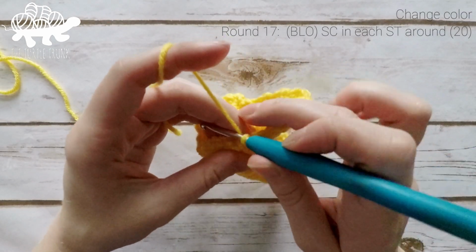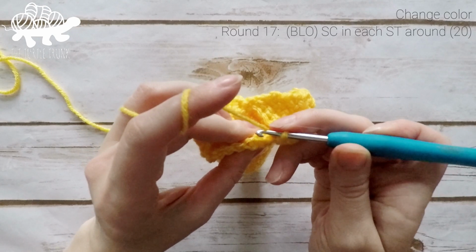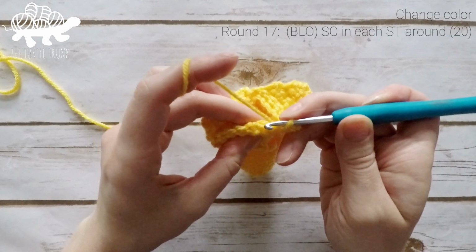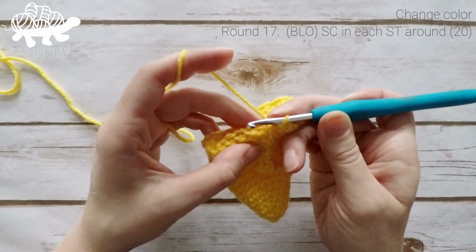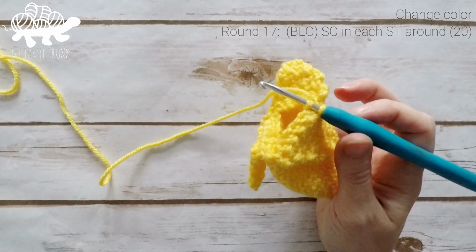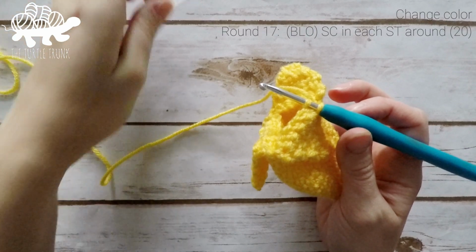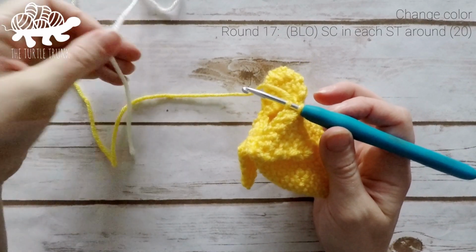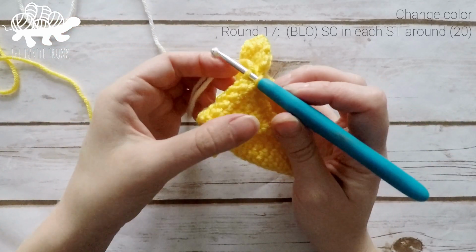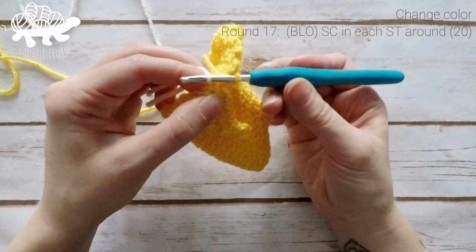So to attach our cream color, we're going to go back to the back loops of round 17. So you find that first one, so it's going to be behind the very first single crochet we made of round 17. So find the back loop and insert your hook into that back loop. Drop your yellow color and grab your cream color. And I'm just going to leave a little bit of a tail end, wrap that around my hook, bring it through that first loop on our hook,